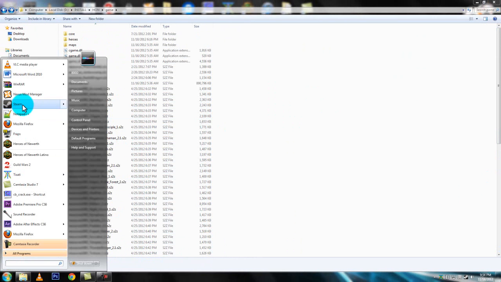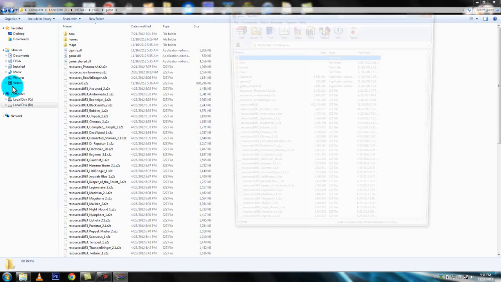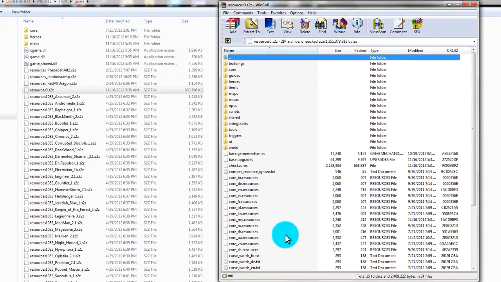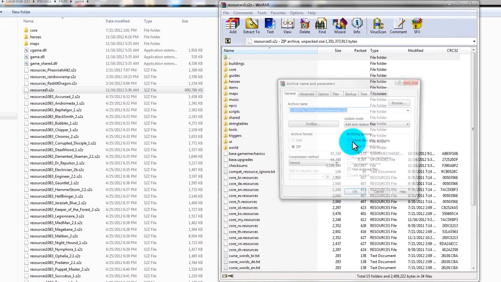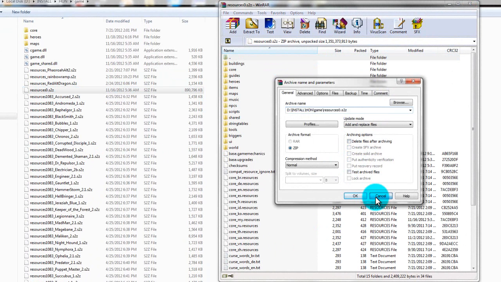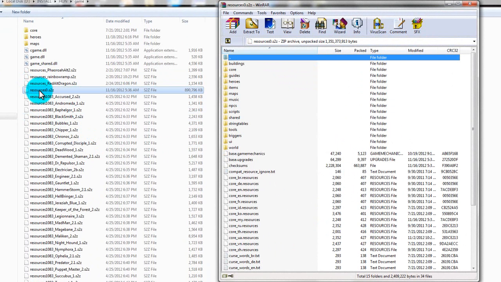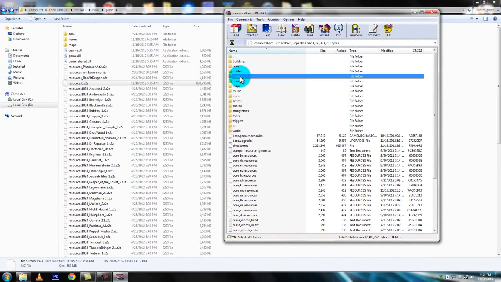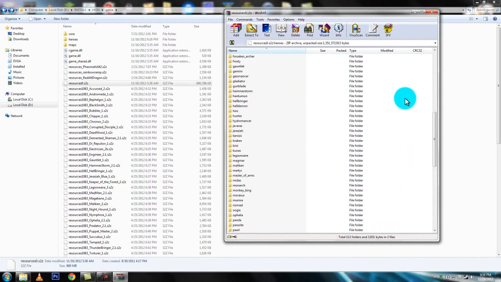So you open WinRAR. You want to drag and drop resources into WinRAR, and it should appear like this. Don't drag it inside, because then you're going to create a RAR file. You can just right click, open with WinRAR, or drag and drop however you like. Go into your heroes folder, and these are the heroes